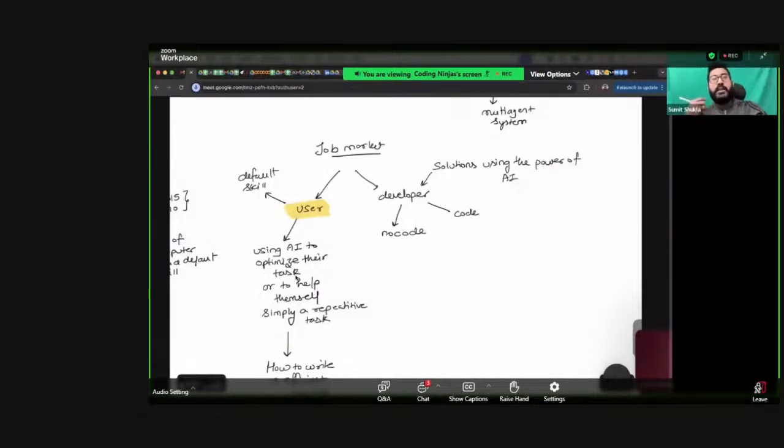For example, I want to create an agentic system which can automatically book flights for me, and I want to deploy it on my website. So let's say I have a website, booking.com, and if I go and use the chatbot on this website, this chatbot is that powerful agentic system where I